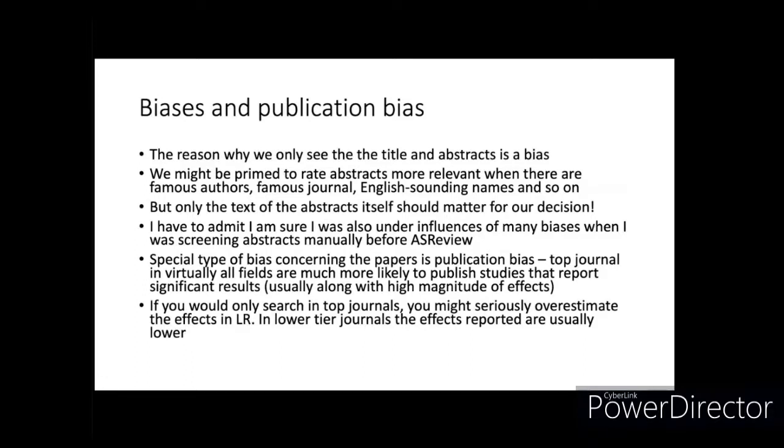So as I'm saying, the reason why we will only see the title and abstract is bias. There are numerous biases you can be influenced by. They're usually subconscious. There's also a publication bias. And we might be, for example, this is my experience, primed to rate abstracts more relevant when there are famous authors, famous journals, English sounding names, and so on. So for example, when I did this literature review a year ago and I didn't know about ASReview, it wasn't out there yet, when I was getting really tired in the evening, I have to admit, I was just like,